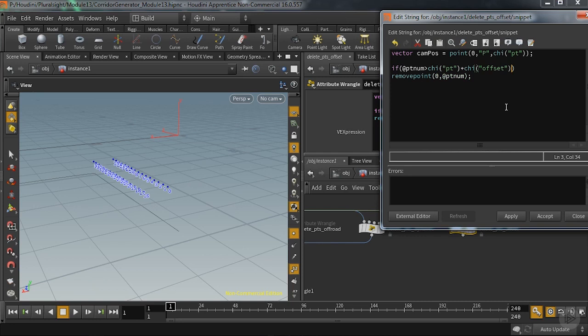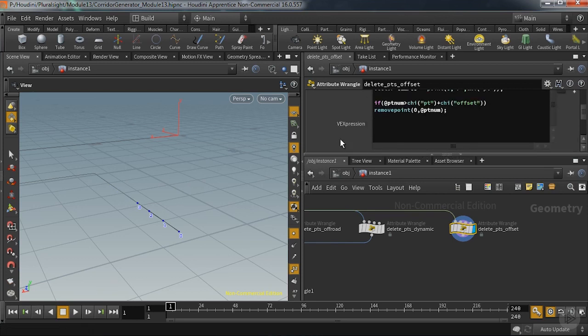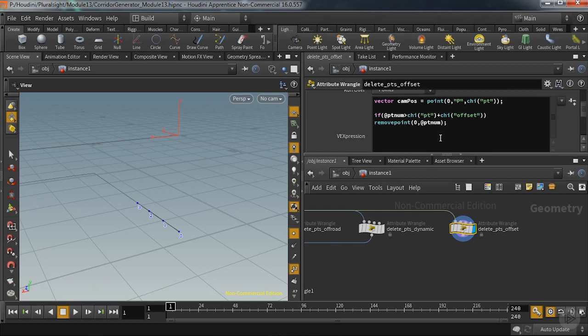What does that mean for the points on the path? Simple. All the lights that lay beyond the input point are deleted. That also means we can directly control how many lights and how far into the corridor are active. With the offset parameter, we can then increase that range. That's one effect for the lights that could already be interesting, but I think it could be even more interesting